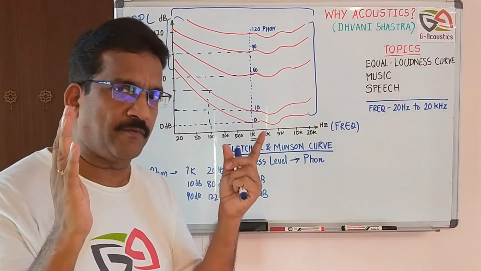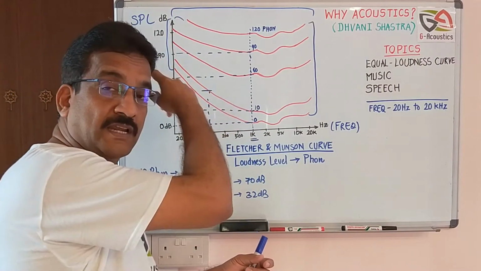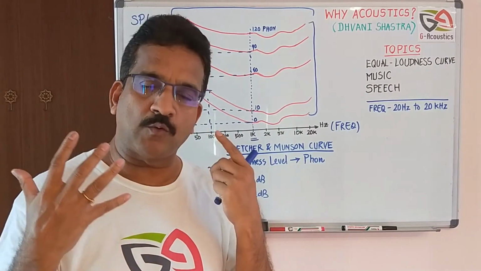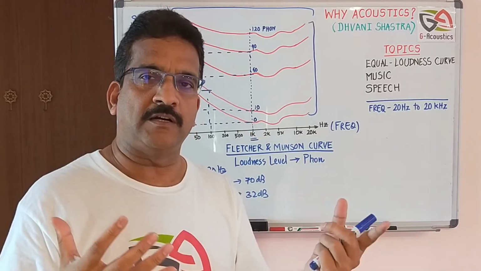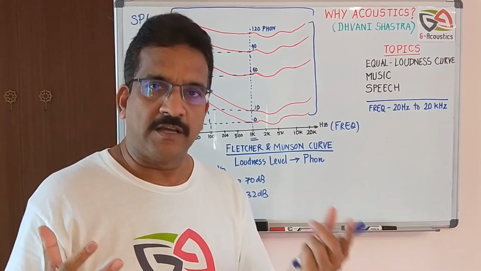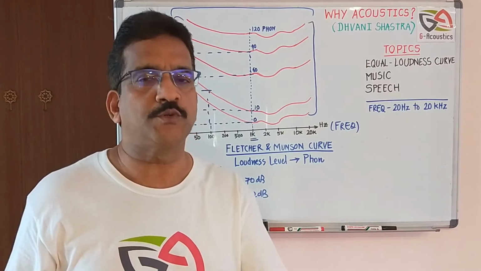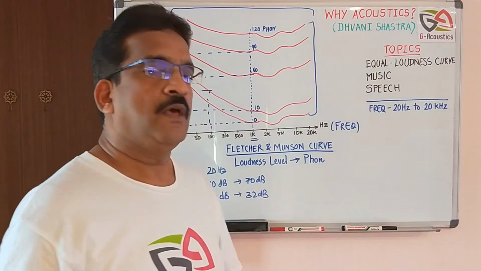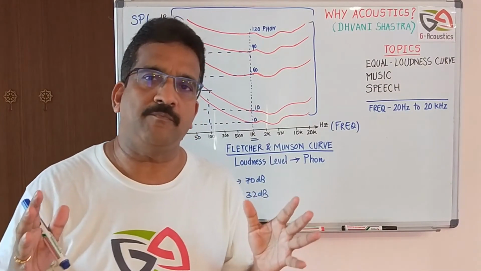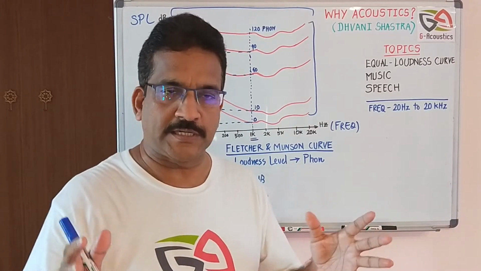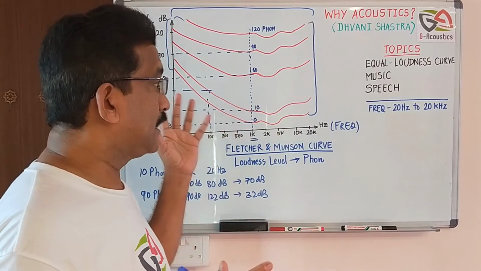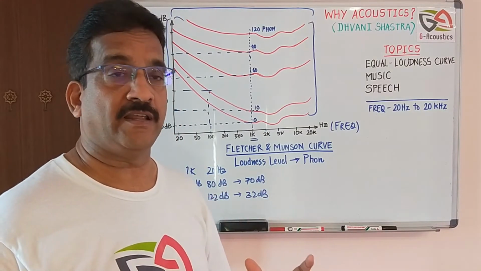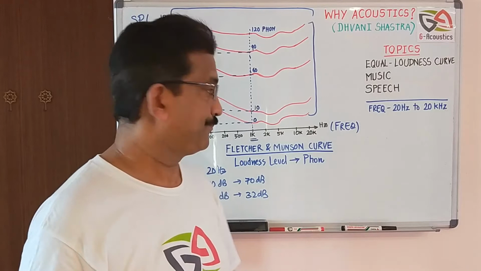At 1 kilohertz it will be very clear, but at low frequency the power is not enough for you to appreciate the music. So your loudness at 20 hertz or less than 100 hertz requires a little more boost. So then you boost your bass. That is the concept of the equal loudness curve, which is applicable in any part of the audio industry. Even in acoustics, you will know why this equal loudness curve becomes a very important concept in having a clear understanding of the overall picture.